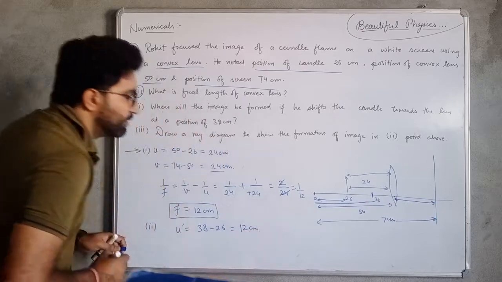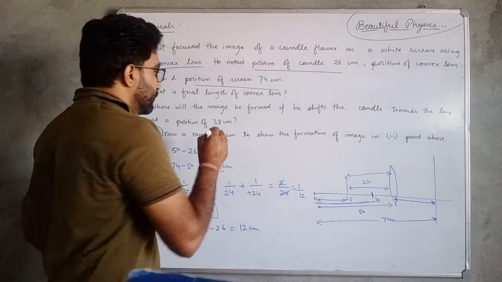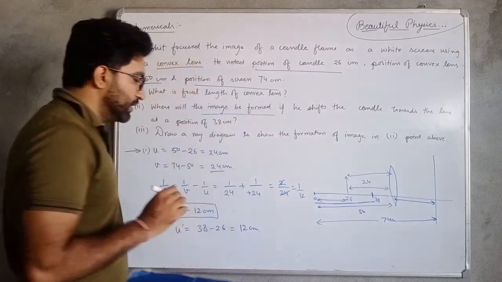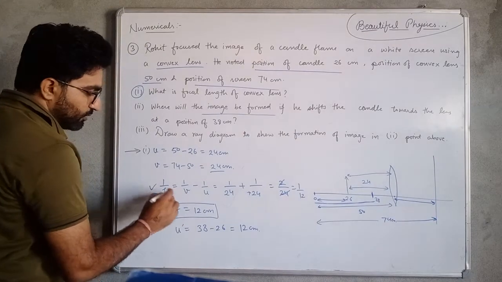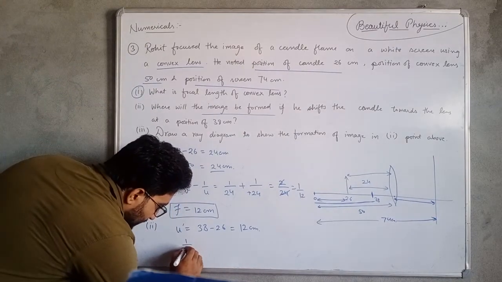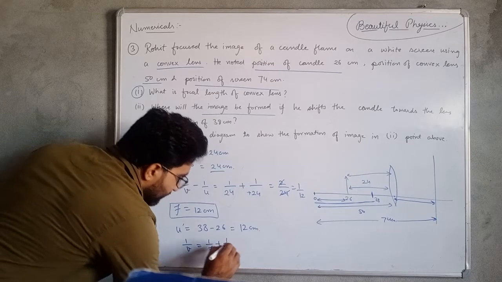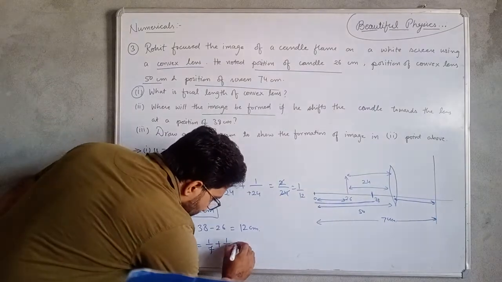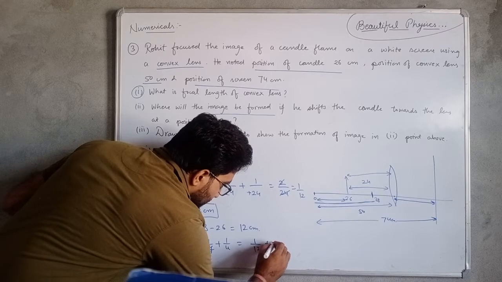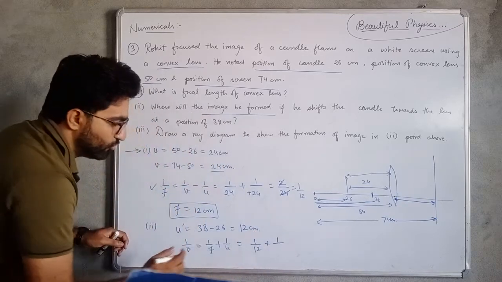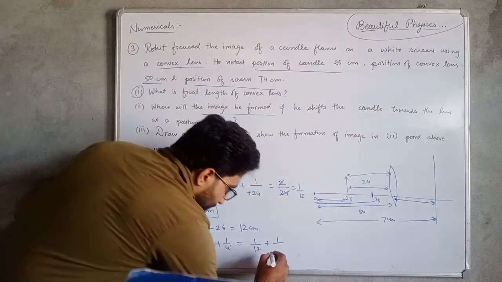Okay, it will be equals to 12 centimeter, and we have to find out the position of the image we formed. So again we will use the same formula according to lens formula. 1 by v will be equals to 1 by f plus 1 by u. Let's put the values. 1 by 1, the value of f is 12, plus 1 by the object distance u prime will again be negative 12.